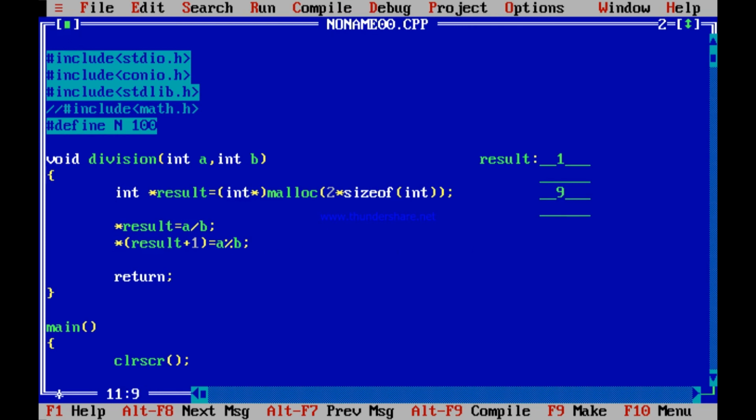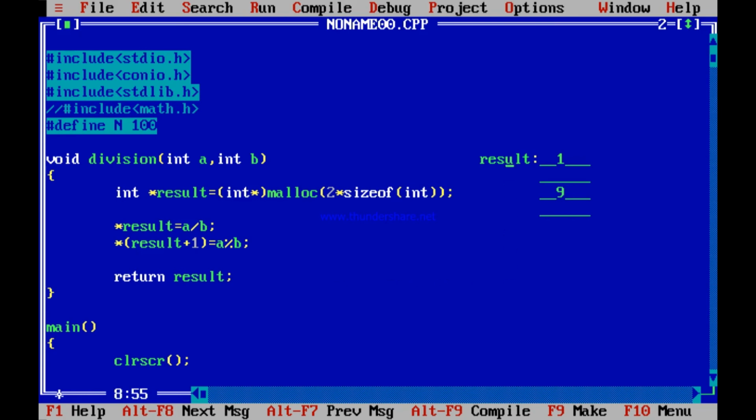Where do you put it? In the memory locations which you have declared. Very simple. You declare 2 integers over here, not 2 memory locations, 4 memory locations. You allocate space for 2 integers, and the starting address you put in result. So starting from the address result, there is space for 2 integers. In those, you put in the quotient and the remainder. And what you do is, you return result. That is, you return the address. You return this address.